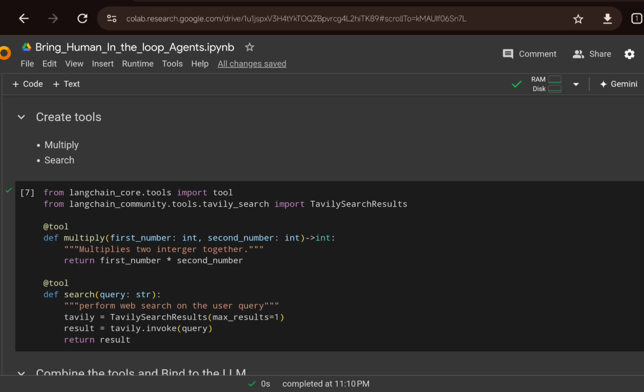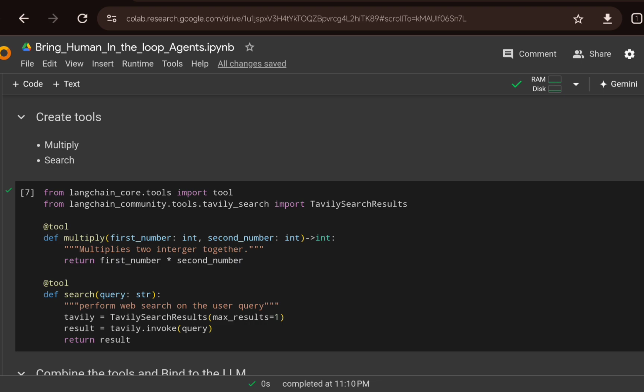I'm naming that function search, and there I am doing a Tavily search, which is a kind of web search. It will do the search based on the query that is coming to that particular function, right? And I'm using the tool decorator to make this function an